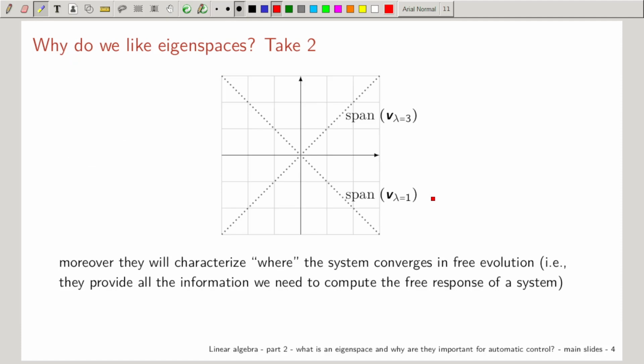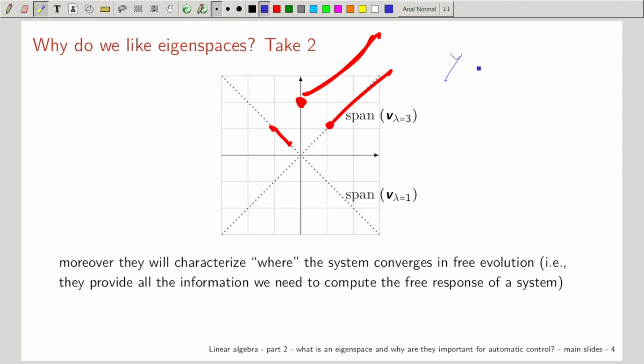This I didn't say too much. If I do this and I say this plus this, what am I saying? In a certain sense, I'm using the eigenspaces as ways of decomposing the trajectory. True? Let's remember